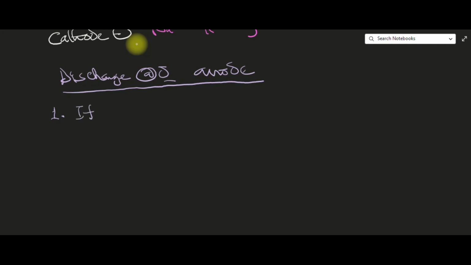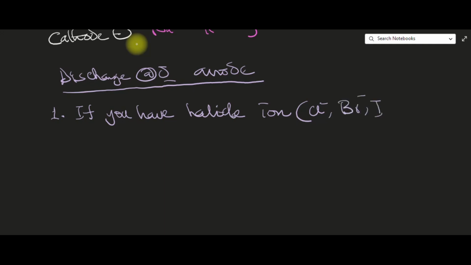If you have halide ions, what are halide ions? That is the ions of halogens like Cl minus, Br minus, I minus. These are halides. So if you have halide ions in the electrolyte,